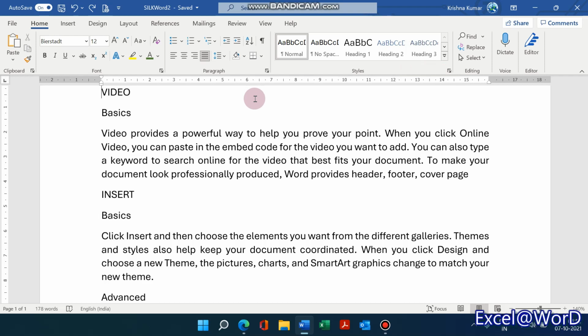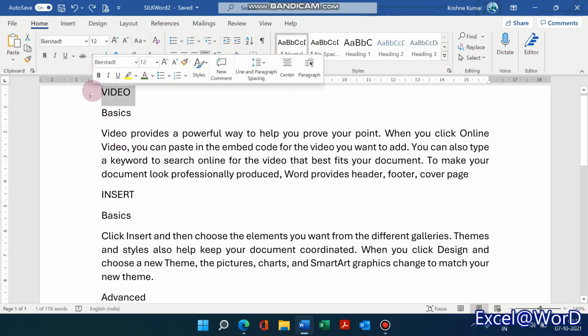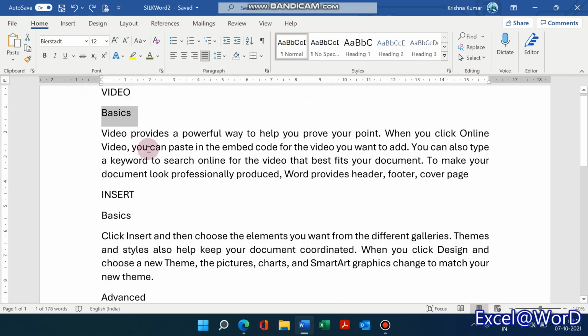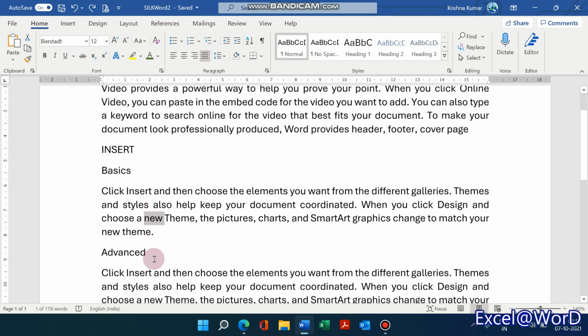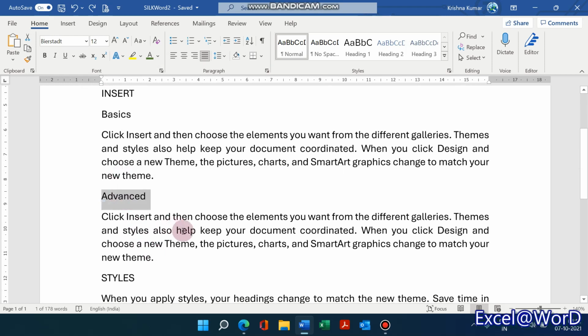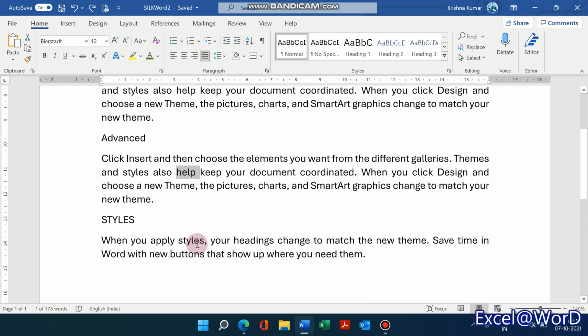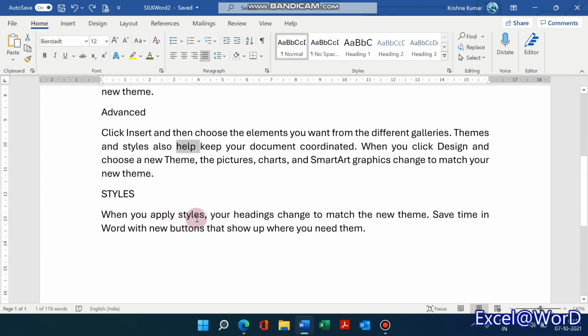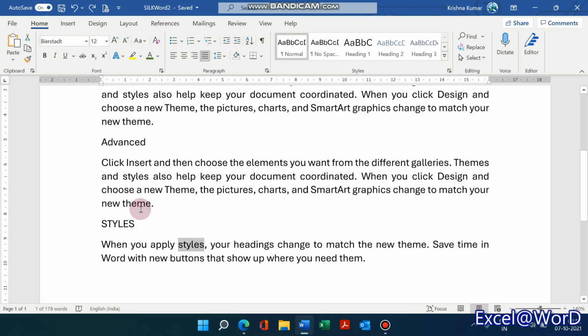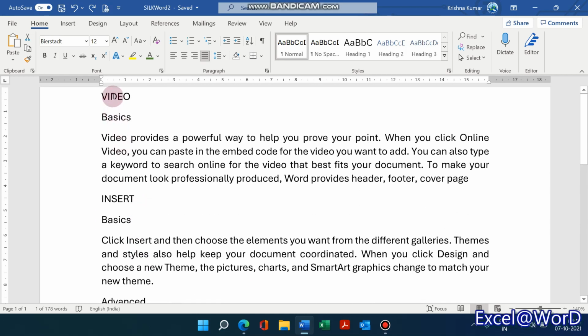Well, coming to the actual usage of styles, this is a small improvement on the earlier Word document in the sense that I have got a main topic, a subtopic, and then the description, then another main topic, a subtopic, paragraph, subtopic, paragraph. These two are the same. This is only for the purpose of showing you how to use styles. And then another topic and another description without the subtopic.